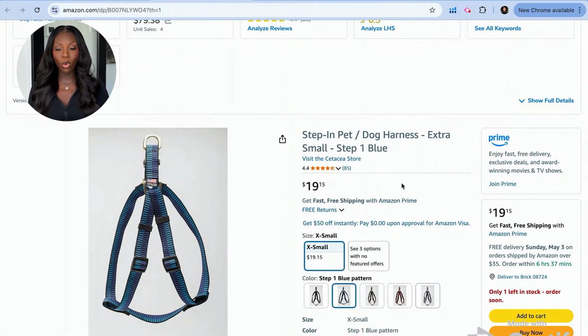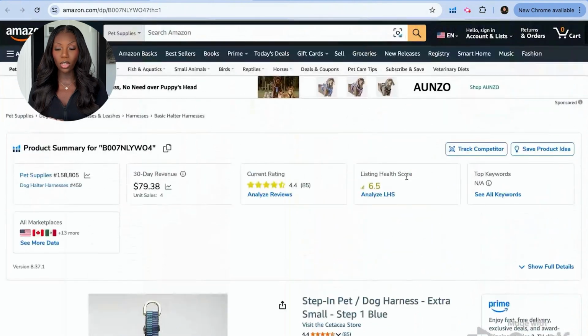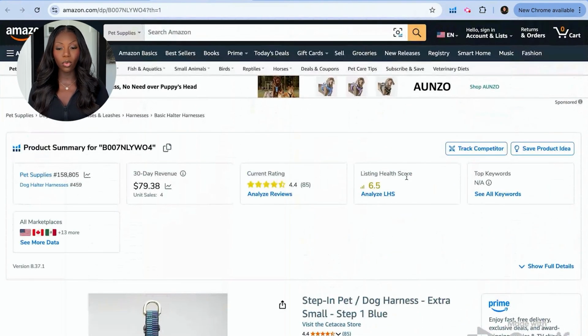But when we go ahead and open up the listing directly on Amazon, we can see a product summary for this specific product. What we can see is some of the information for where it falls in terms of the numbers for the categories. We can also see the 30-day revenue, which is very low because they are out of stock. It looks like either this product has been around for a while, possibly they're not promoting it anymore, so the numbers are going to look a little bit low for this one,